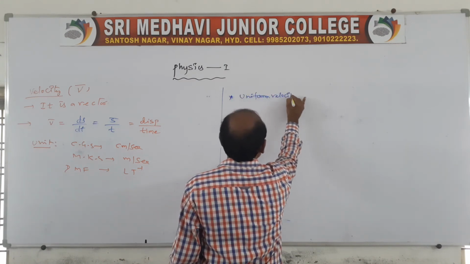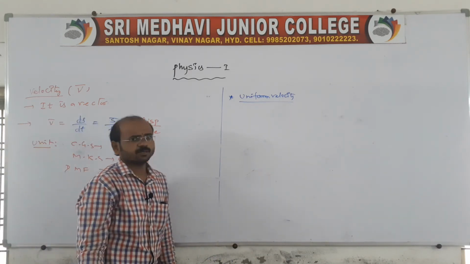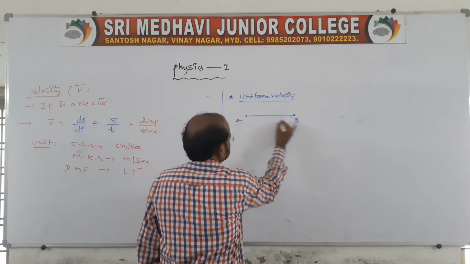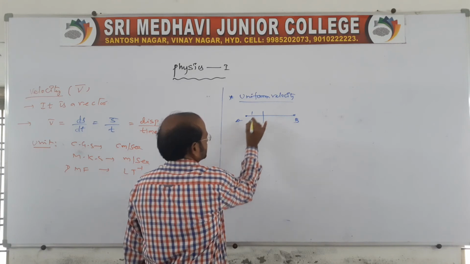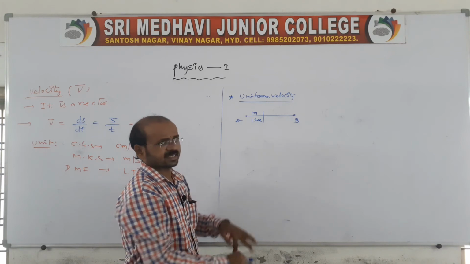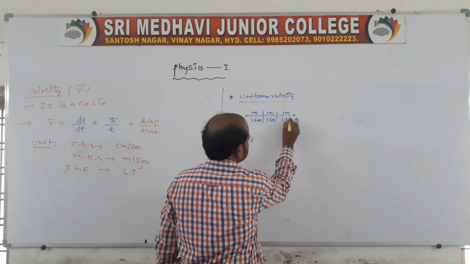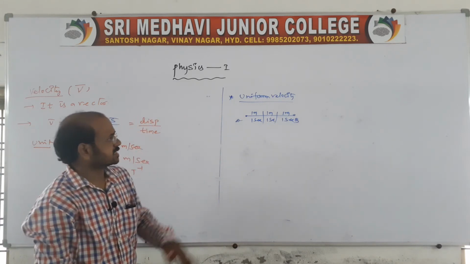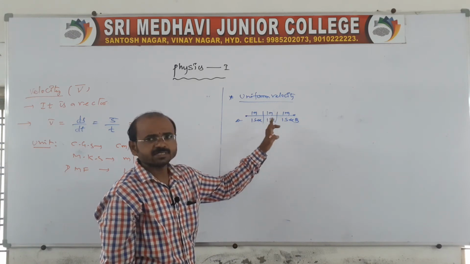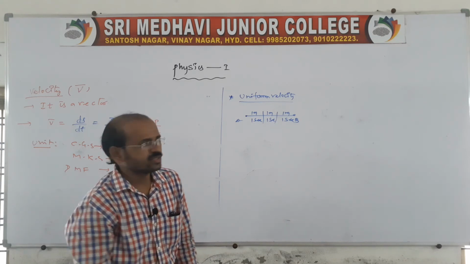Now coming to the point, again in this also we have uniform velocity. In the previous class I told you very clearly about uniform speed. Suppose you take two positions A and B. The particle covers equal displacements in equal intervals of time. That is, 1 meter in 1 second, and the next 1 meter also takes the same 1 second, the next 1 meter also takes 1 second, so it covers equal displacements in equal intervals of time, which we call uniform velocity.